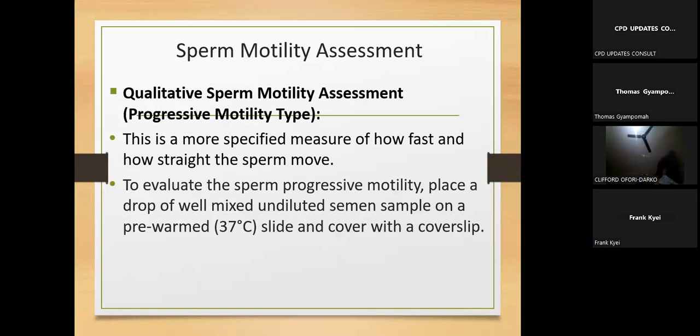Then we are going to look at the progressive motility. So the one we're talking about is the quantitative total motility. That is all, whether it's moving left or right, that is not what we are considering. We're talking about any kind of movement. That is the quantitative. Then here we're going to look at the